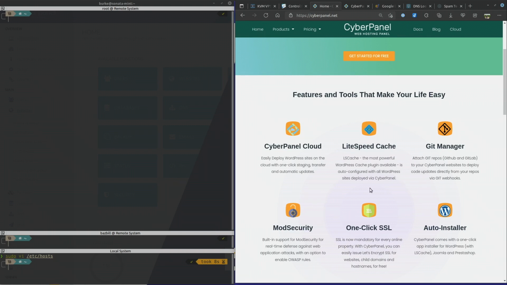We'll see. Now, one-click SSL is really great here because it leverages Let's Encrypt for the SSL certificates. And for those of you that aren't familiar too much with SSL certificates, you typically need to pay an annual fee for an SSL certificate.